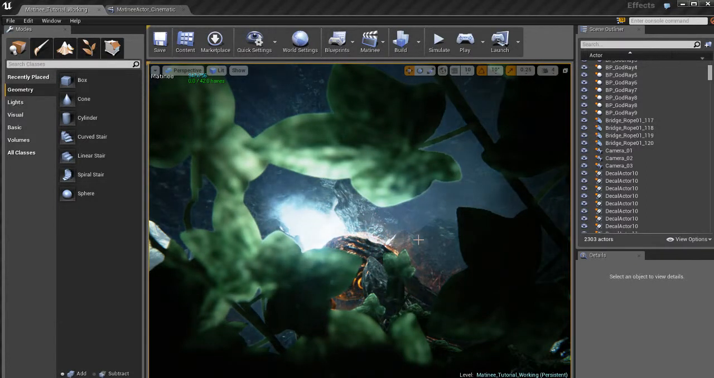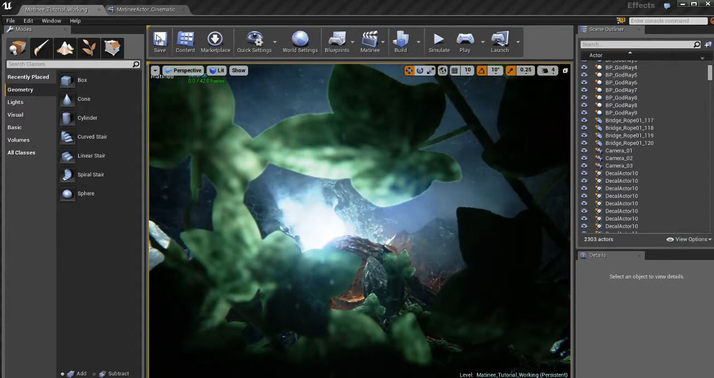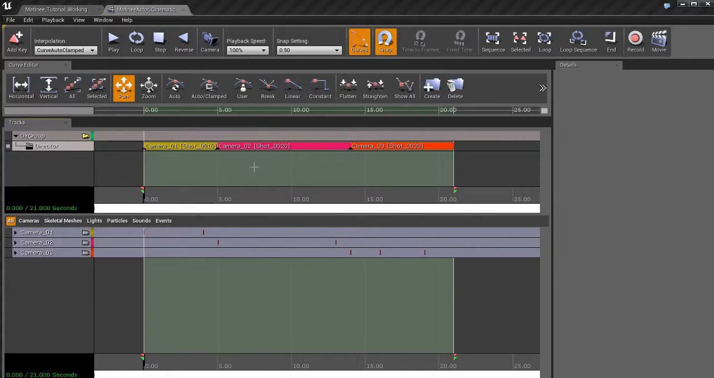Alright, so we've seen that our Matinee works. We have directors set up, everything's working pretty cool. Now what I want to do is add a little bit of polish to this and touch it up a little bit. Okay, so in film, because we're doing the cinematics, so we're comparing this to film, but in film